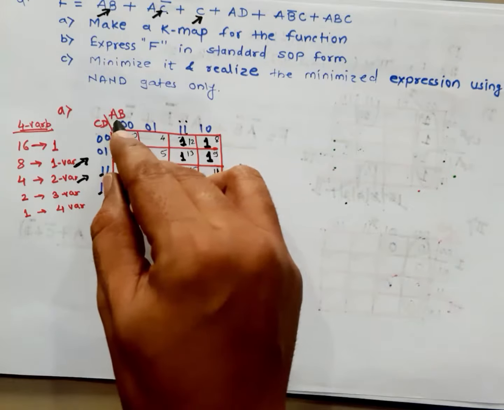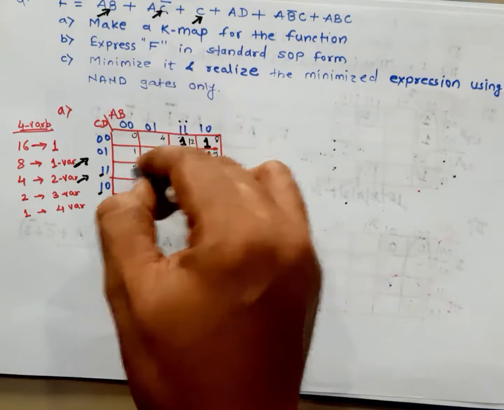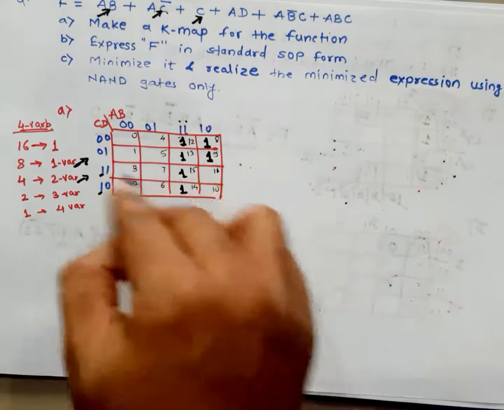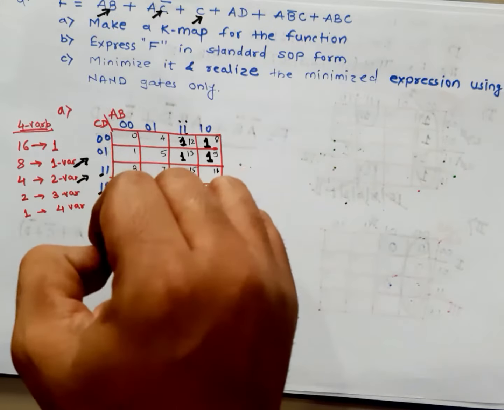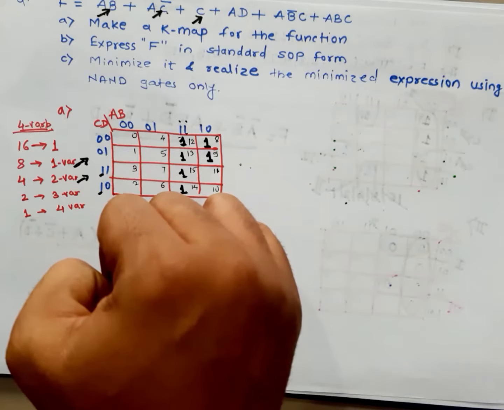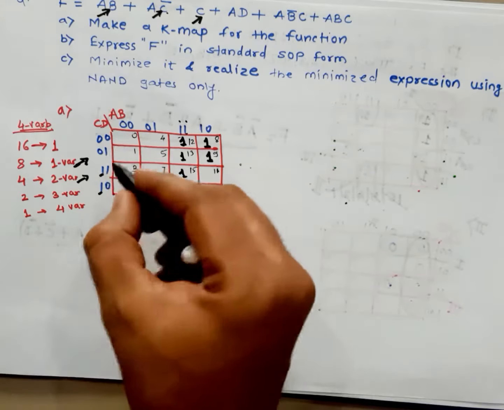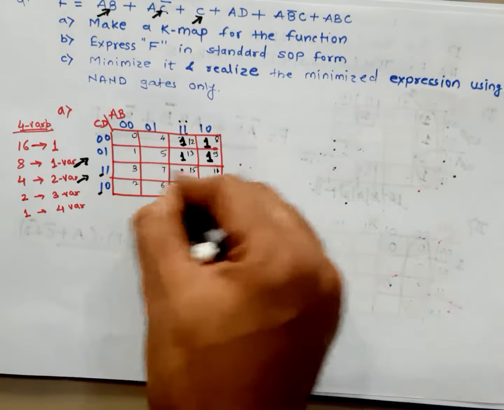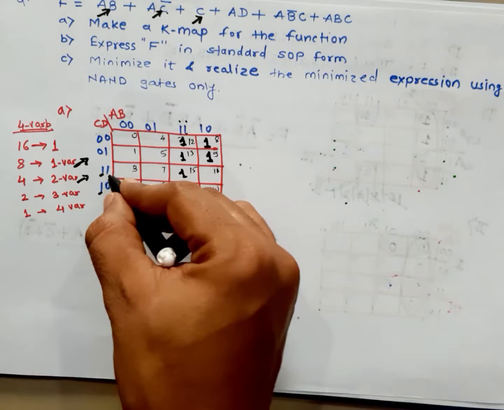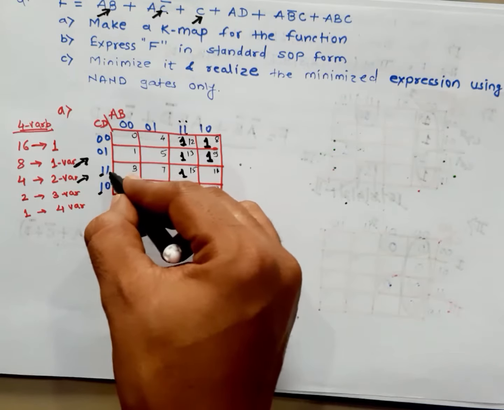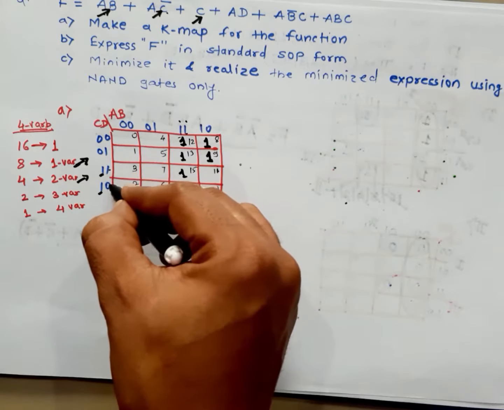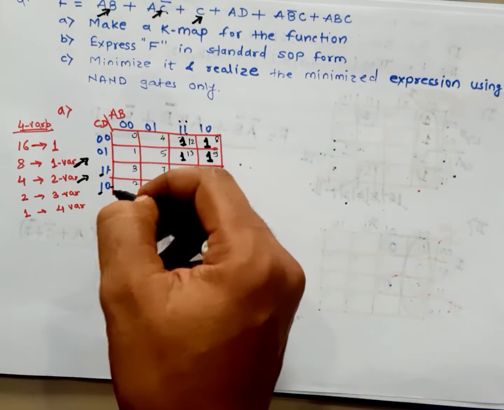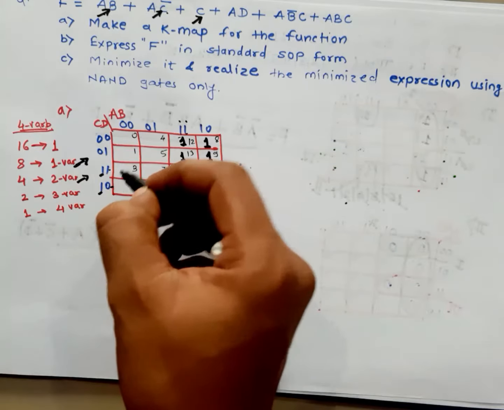If we want to eliminate A and B completely, what do you require? You require the horizontal group, and then you can eliminate A and B completely. While making a group of these 8 cells, we need to check whether D is eliminated or not. So check the D value, 1 and 0. In these two cases, the value of D is 1 and 0, so we can easily eliminate D also.